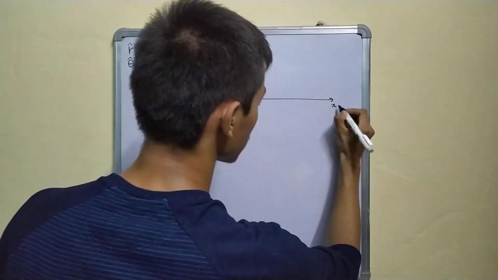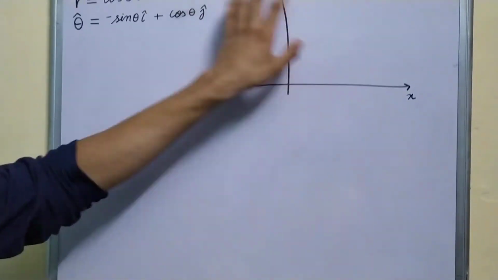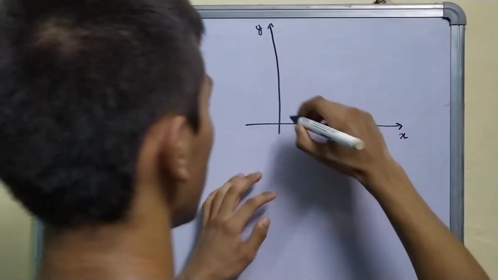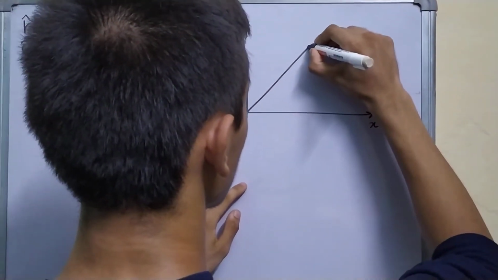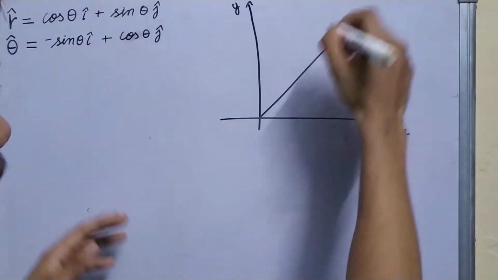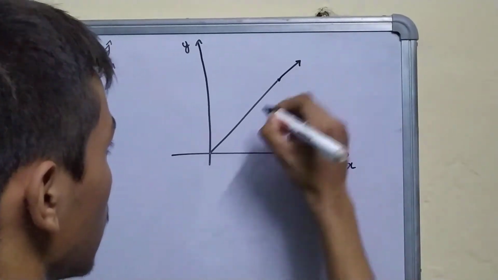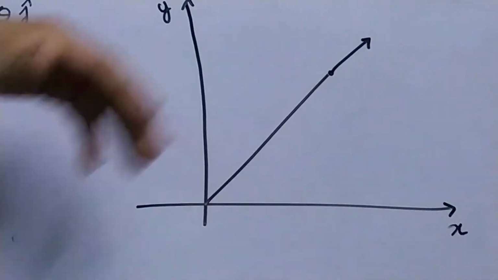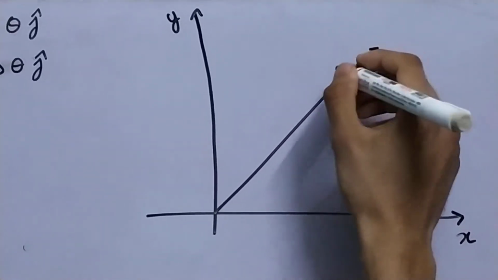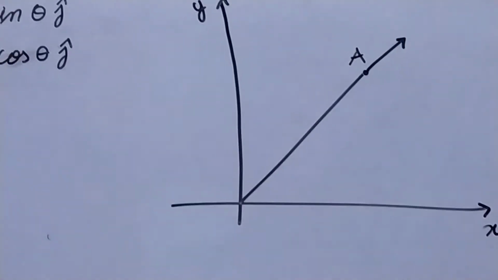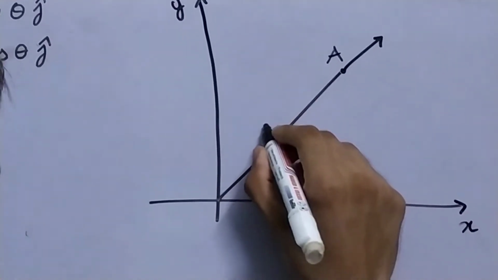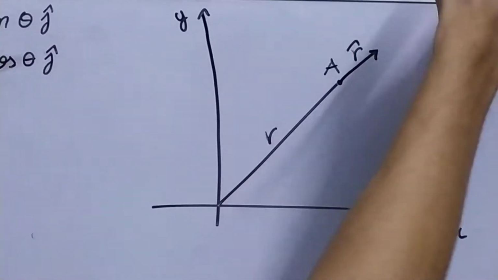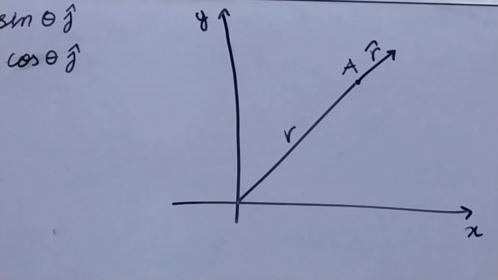Now let us come back to this diagram. So this is our standard Cartesian coordinate system, x-axis, y-axis, and we start off the polar coordinate system by defining this vector, this r vector. This vector represents the position of any particle. Let's call it particle A, and it's called the position vector of the particle. So it has a magnitude of r, and this is the r cap direction. Okay, and r is the distance from the origin.